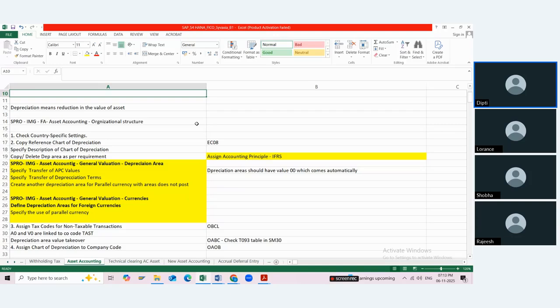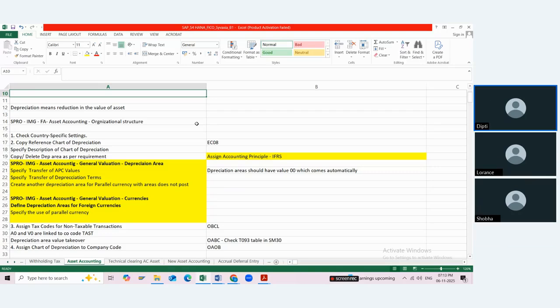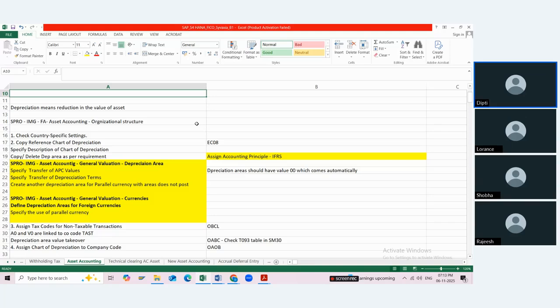You may have a costing-related depreciation setup, and if you have defined a parallel currency, you can have a different setup too. Such setups need to be done during configuration, but mostly it is provided as a standard setup, which is itself enough for the asset to be considered.